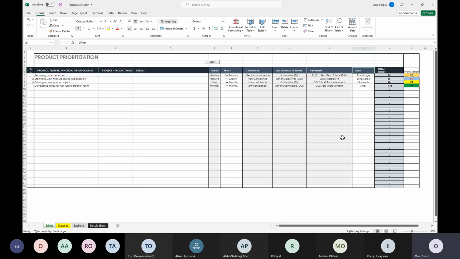And then the effort. How much work do you really need to put in to have these projects worked on? And then the last column talks about the score. So it's going to be a metric method of prioritizing the project.